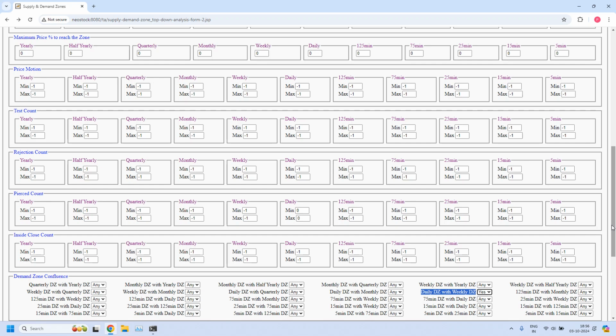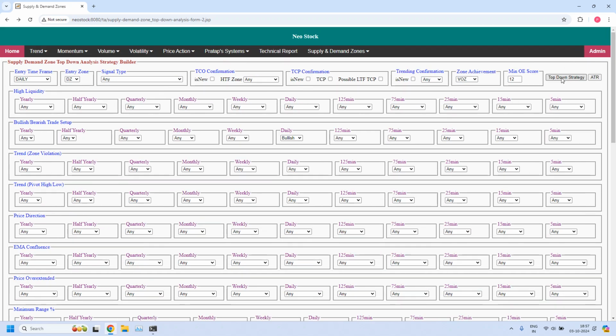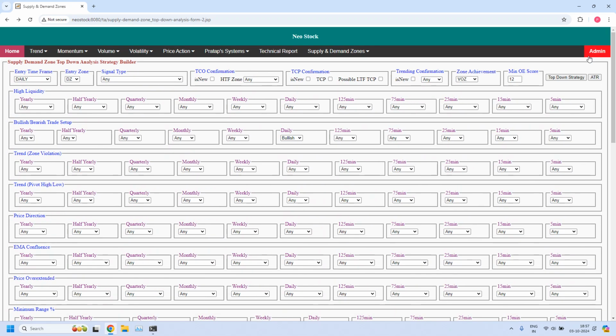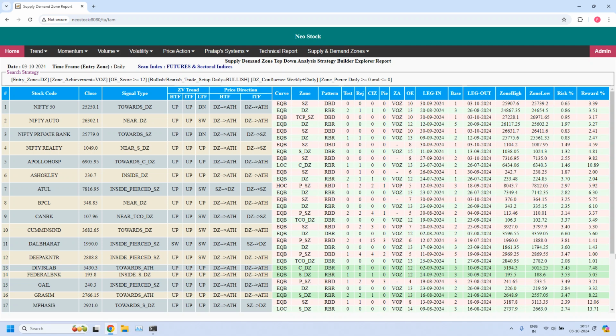So what exactly is the meaning of zone confluence? The LTF zone is a part of the intermediate time frame zone. That means the daily zone should be part of the weekly demand zone. So because we enabled the filter here, let's verify. Now